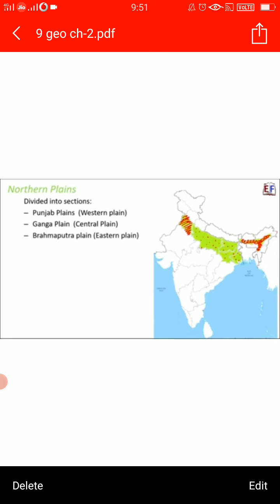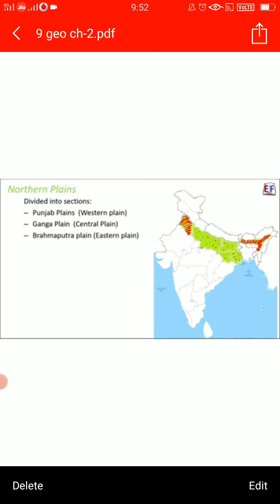Fine. Then the Ganga plain extends between the Ghaggar river and the Teesta river. Fine. And you can just see in the map, it is covering states of North India: Haryana, Delhi, UP, Bihar, Jharkhand, West Bengal, and to its east it's going. And Assam is in the Brahmaputra plain.